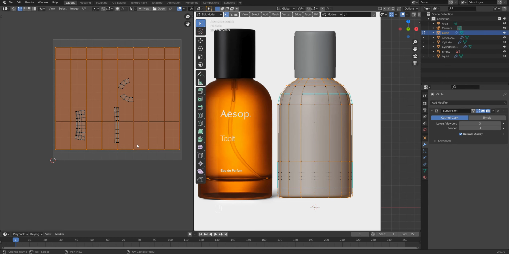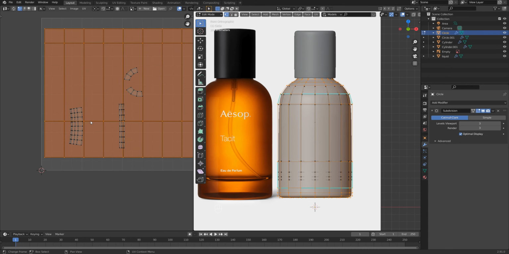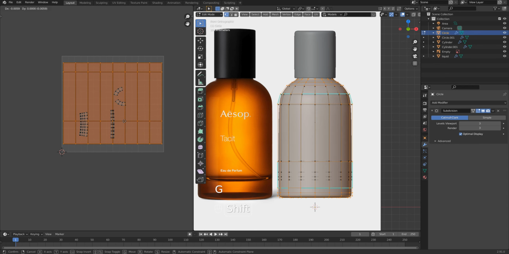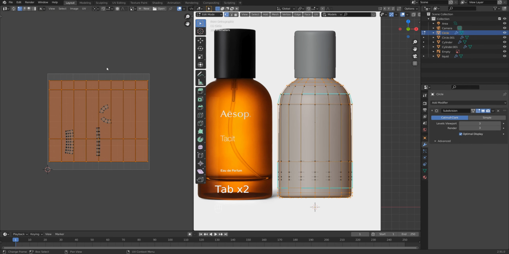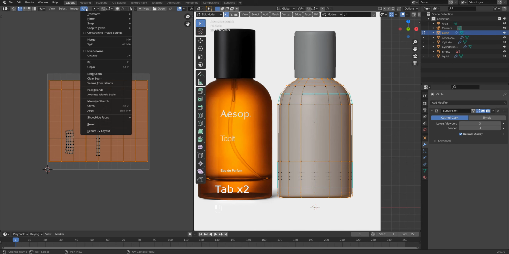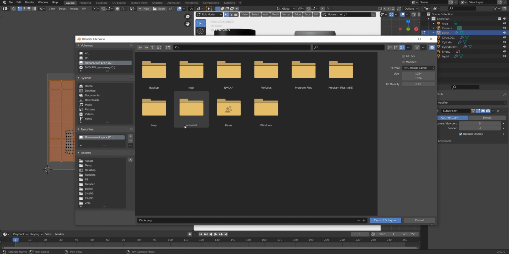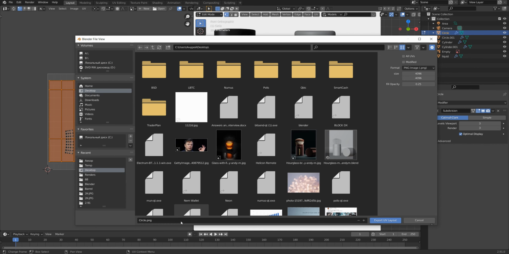Okay, so I can now export this UV. So I hit UV, export UV layout, and I'm just gonna put probably 4K will be enough. Like this, and let's save it as PNG, and I'm gonna save it somewhere on a desktop to find it